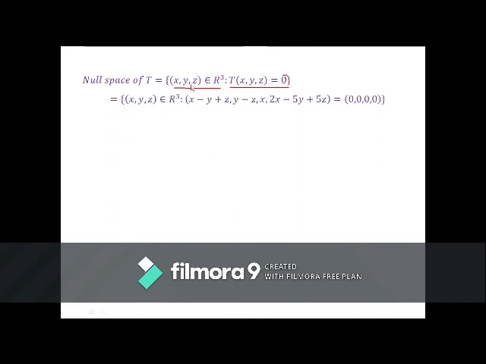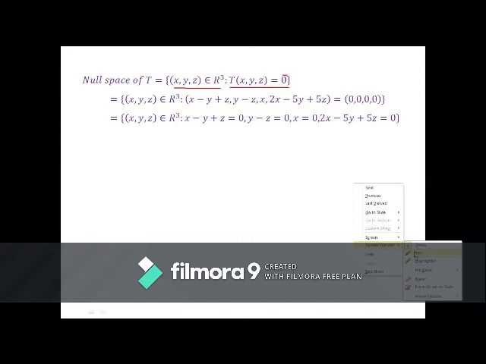So we have (x, y, z), T(x, y, z). Recall that T(x, y, z) belongs to R4. T(x, y, z) is (x - y + z, y - z, x, 2x - 5y + 5z). 0 bar is nothing but (0, 0, 0, 0), because this is a quadruple, and again this 0 bar is a quadruple in R4. So this is nothing but the set of (x, y, z) belongs to R3 for which